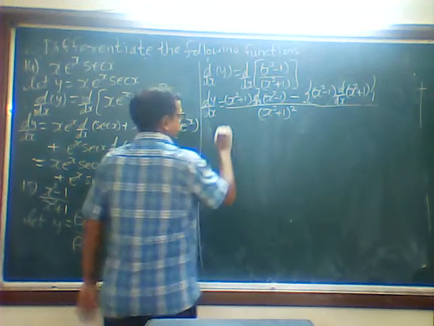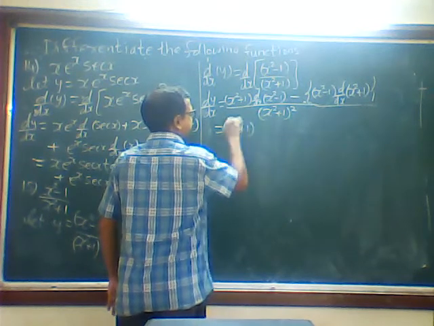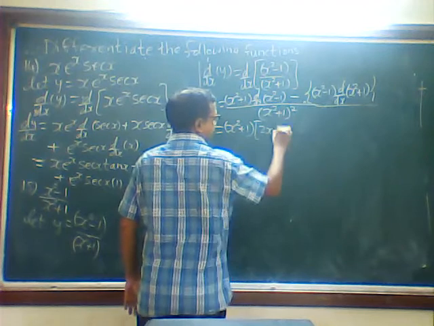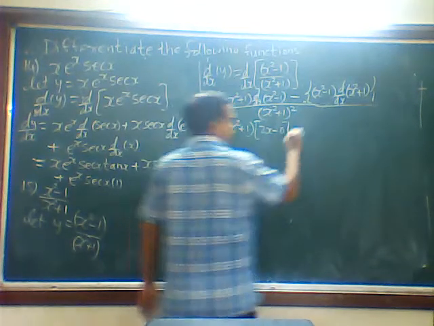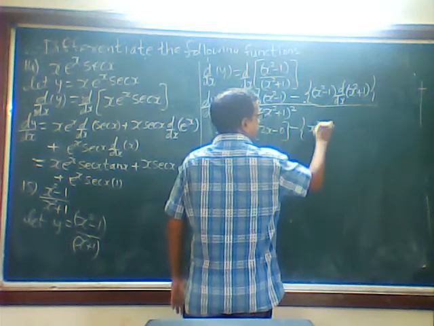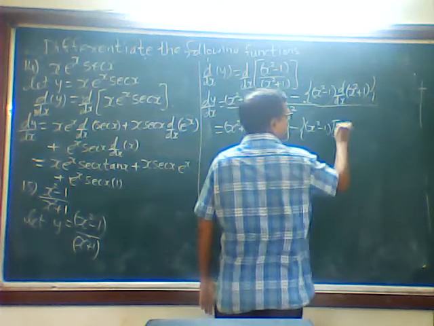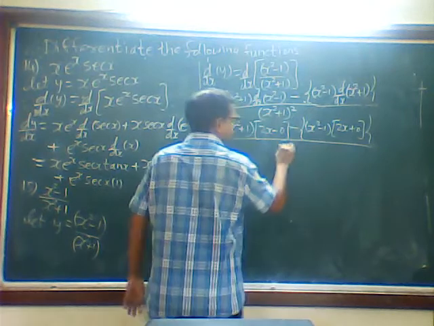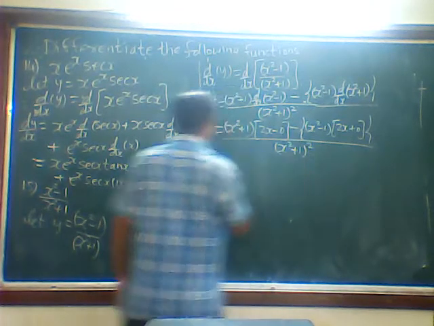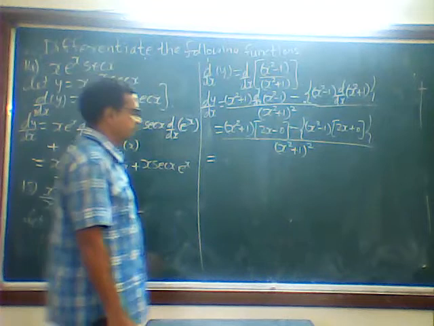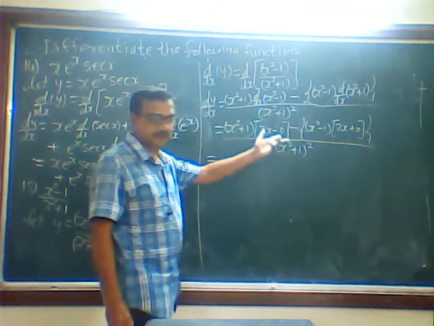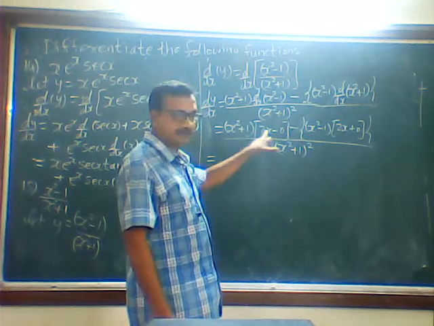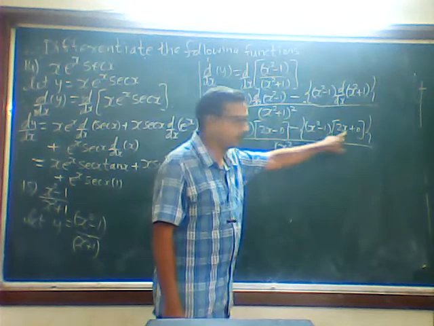Next we will simplify. x square plus 1 as it is in square bracket, d by dx of x square is what? 2x, minus d by dx of 1 is 0. Again lower bracket open. x square minus 1 is again, d by dx of x square is 2x, 1 is 0. Whole thing divided by whole square. Next what I will do is, see here, 2x minus 0 is 2x only, 2x plus 0 is also 2x. Instead of multiplying, I will take 2x common here and 2x will common. I will take it out.